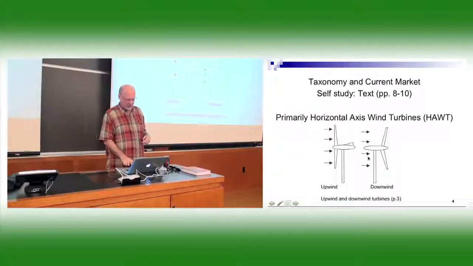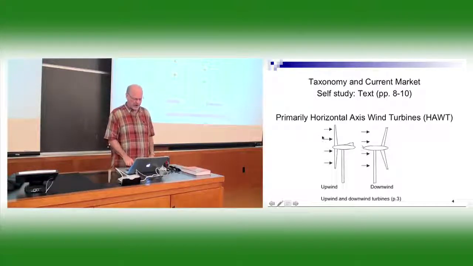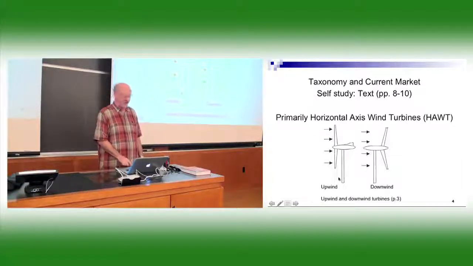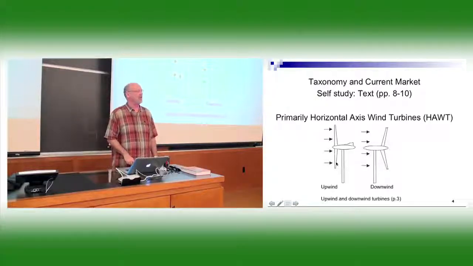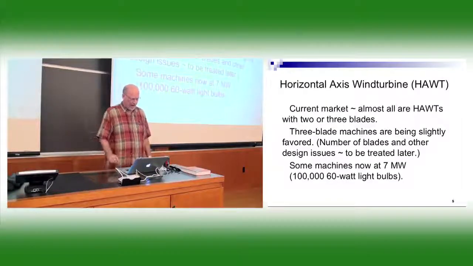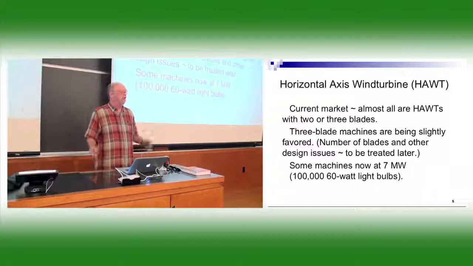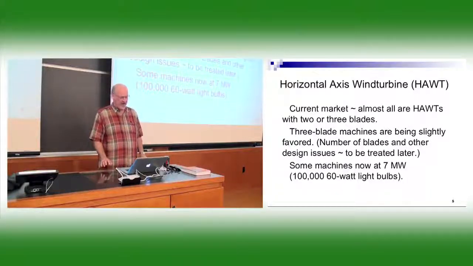And then your blades will start to vibrate more. And so usually most of the large wind turbines today are upwind horizontal axis because of these vibration issues. And then they have some sort of control, and we'll look at that as we go on here. All right. The current market: almost all wind turbines you would buy for large-scale applications would be horizontal axis wind